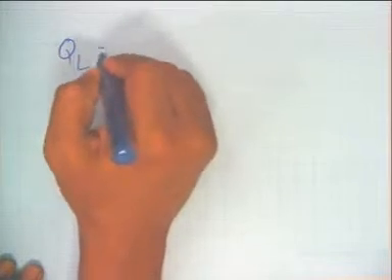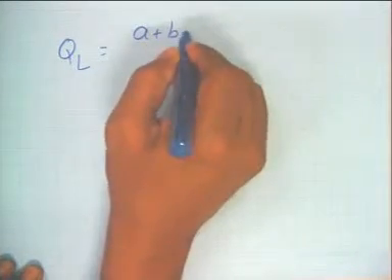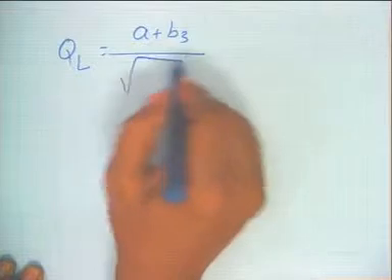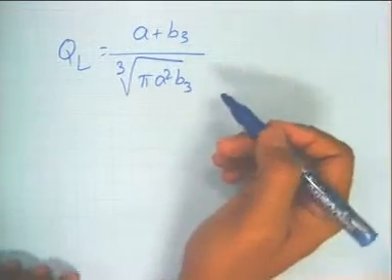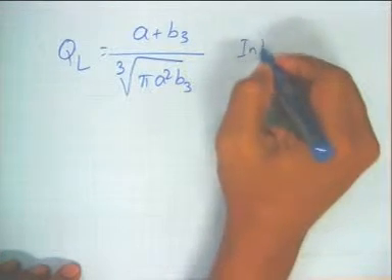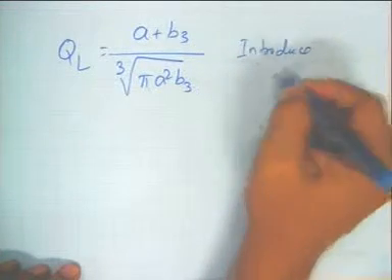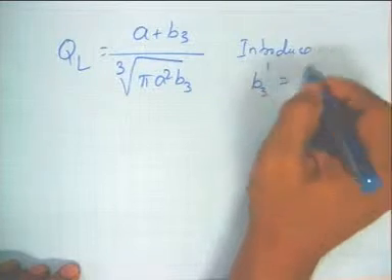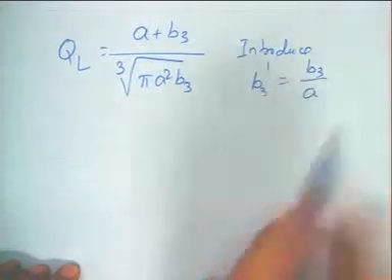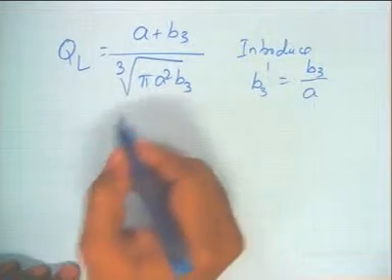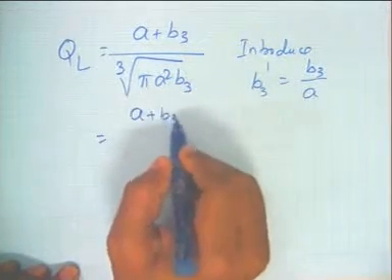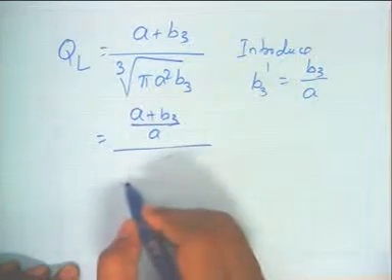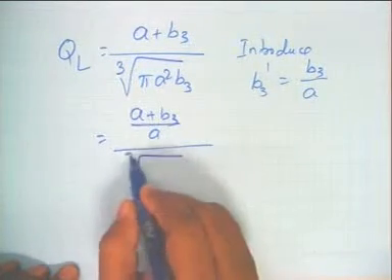So, QL I have calculated as (A plus B3) over the cube root of pi A square B3. Okay. So, I introduce B3 prime as B3 over A. Then what I do is I do A plus B3 over A, and then cube root of pi